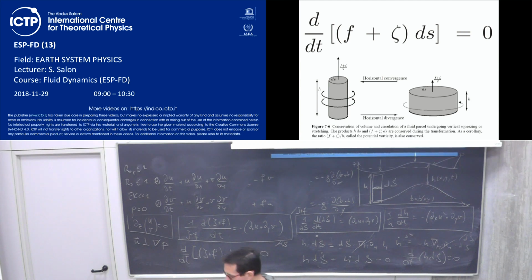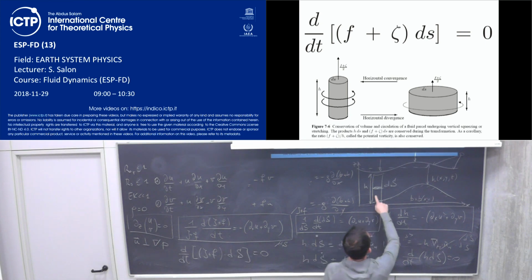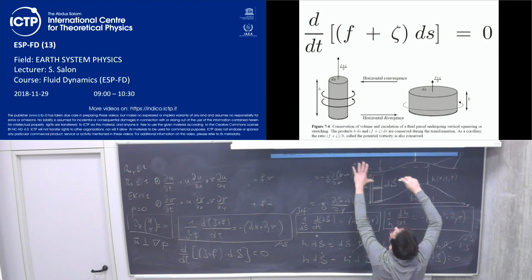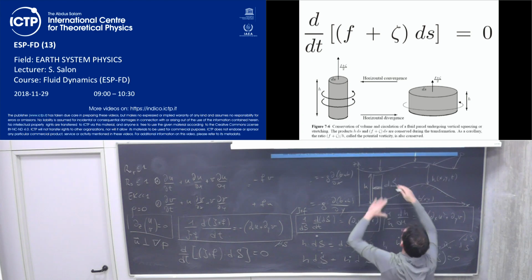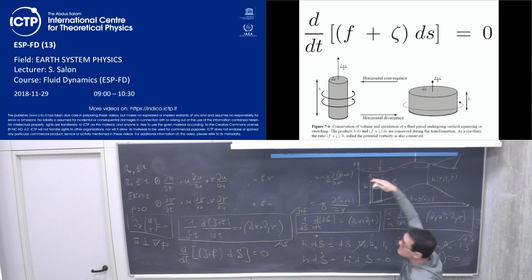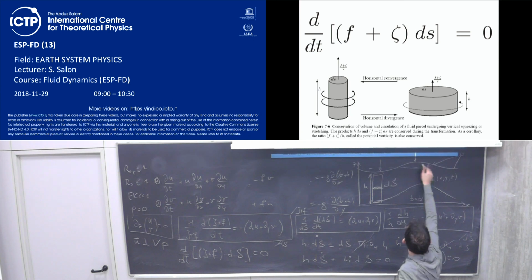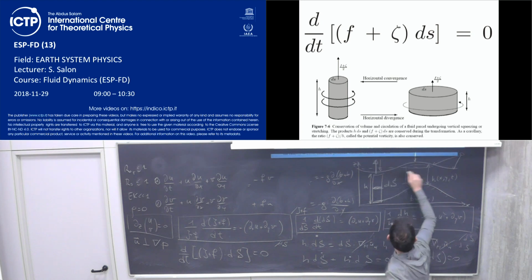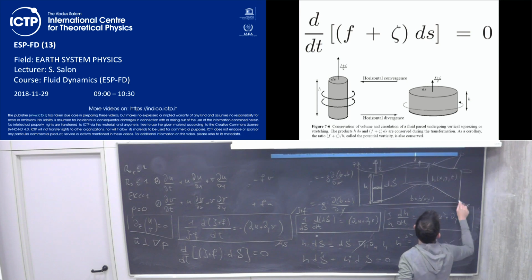Exactly the same. So we are looking at the conservation of angular momentum in GFD flow, exactly like the same. So what will happen to our column here when it will travel here? It will be contracted because it cannot overpass this barrier. It is a barrier, so it will start to be larger, okay? So to conserve the volume, the vorticity that it will have here will be decreased, and then it will still